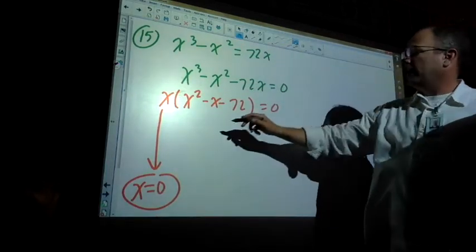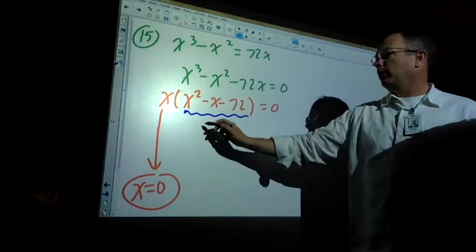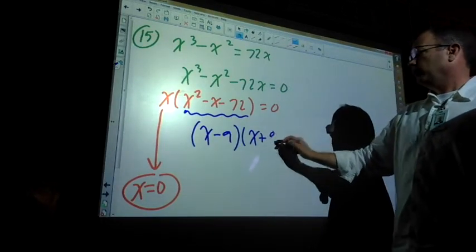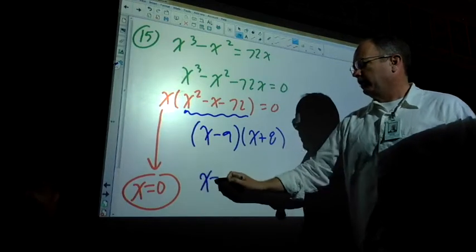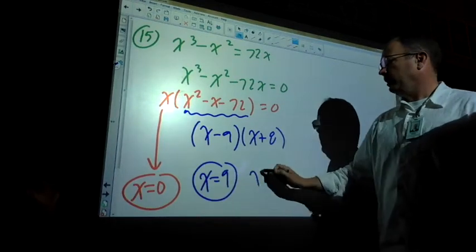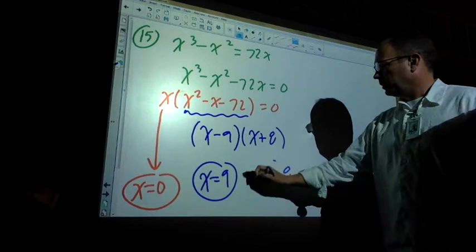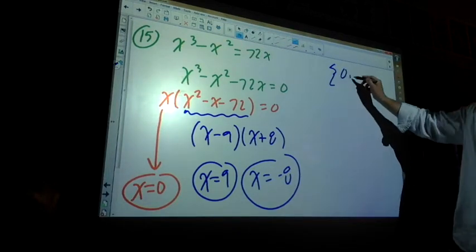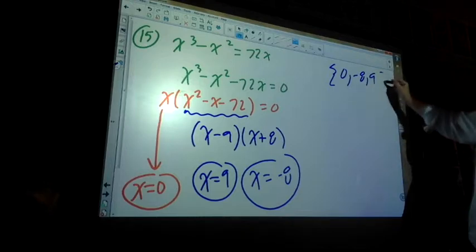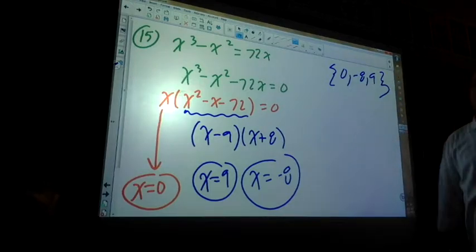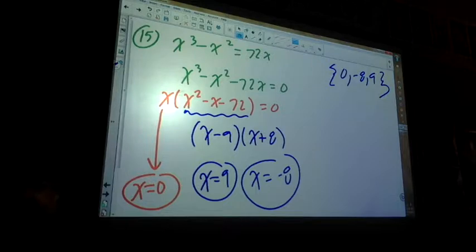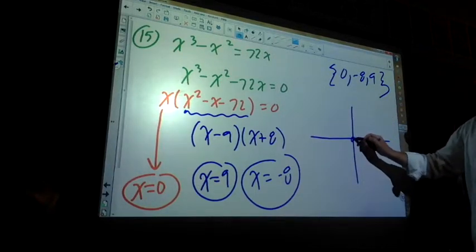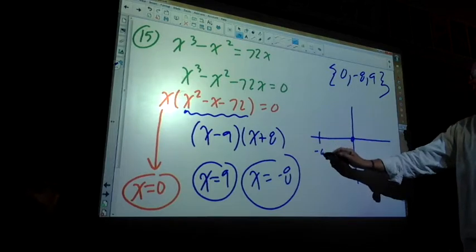And then if we factor this, just factor it like normal. I'll just say this is what it factors to, which gives me an answer of 9. It gives me an answer of negative 8. Okay, which I could write my answer like this in brackets. That's fine. That's the set of answers. Okay, and again, if you had this graphed, it would cross here at 0, 0, at negative 8, and at